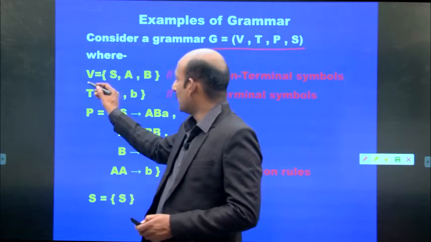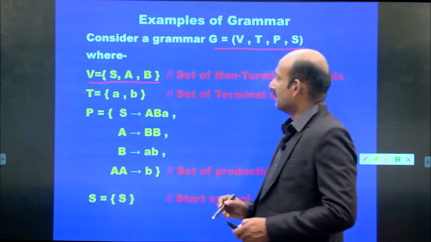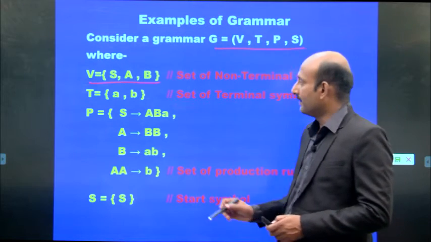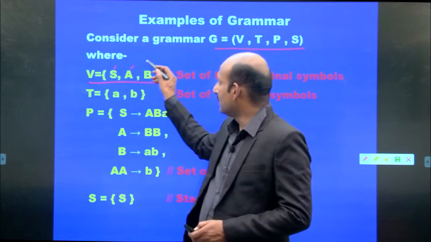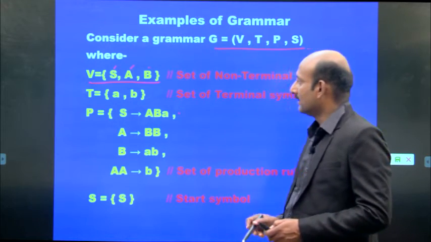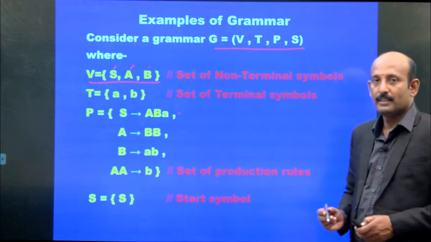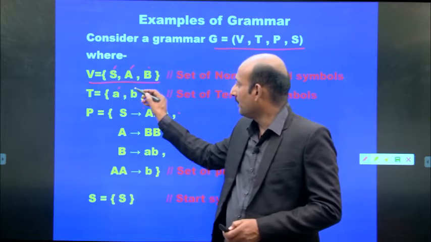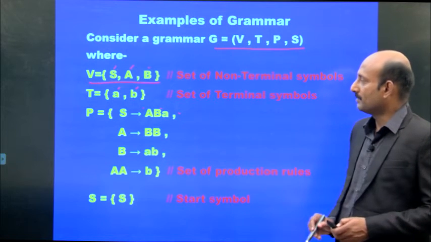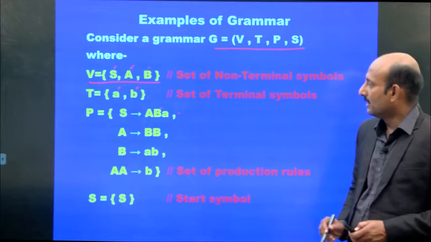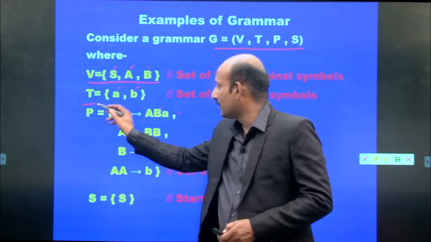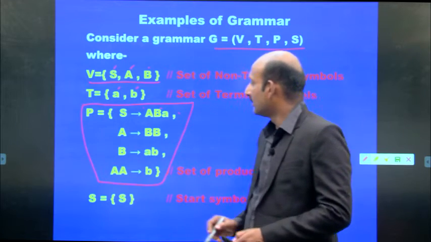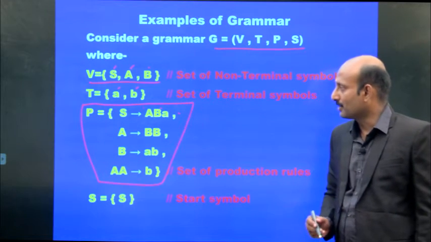So we may write this one, a variable is a set of non-terminals. So in the given grammar, the variables are three non-terminals, like S, A, B. And second, the set of terminal symbols like A, B. Set of terminal symbols A, B. The given productions. This is the production rule. This given production rule. P, that is the production rule.